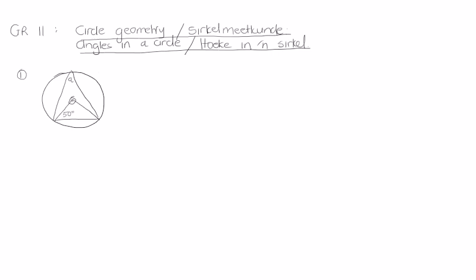You have to see the radius. So the radius gives you an isosceles triangle. So this angle is also 50, and then the angle